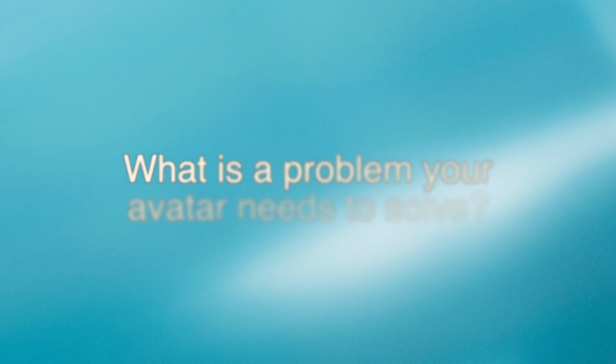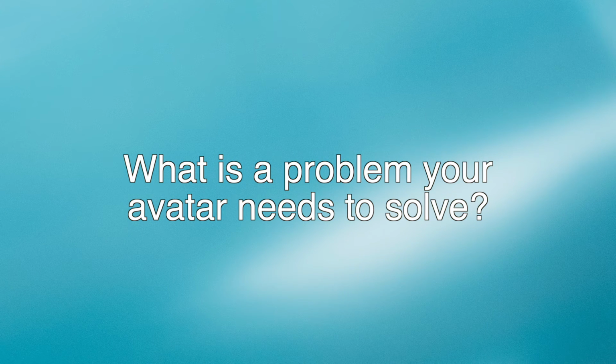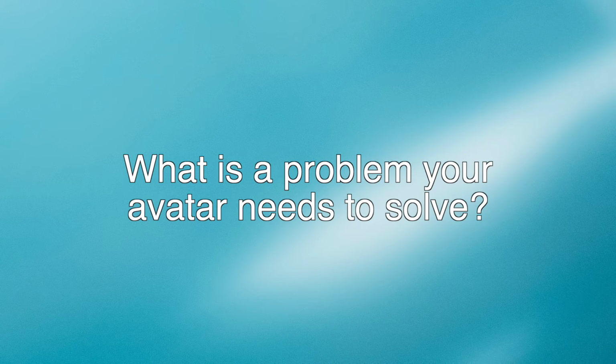So now we're getting into the problems that your avatar has, and there's going to be 3 of the same form. Once again, we're choosing 3 different ones, different enough that they could be on the same page and fit well together without seeming like you're just repeating yourself. And it needs to fit in the form: "My ideal customer really needs to figure out how to blank." So examples: get more exposure, find deals with low risk, prospect for new business constantly. I found that this can be a bit longer, maybe 5 to 10 words, but you don't want to go on a long dissertation in these problems.